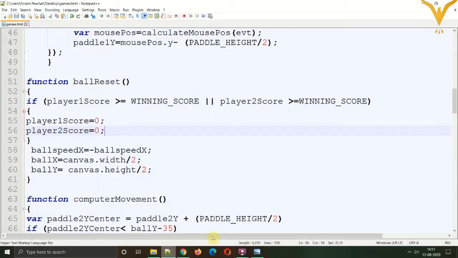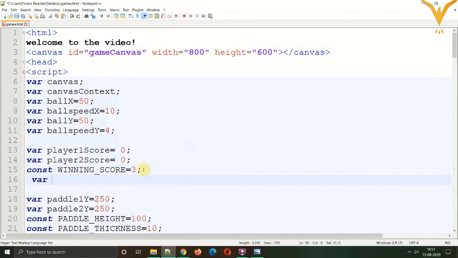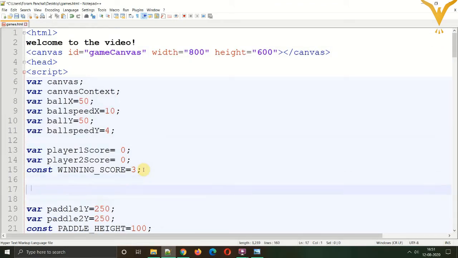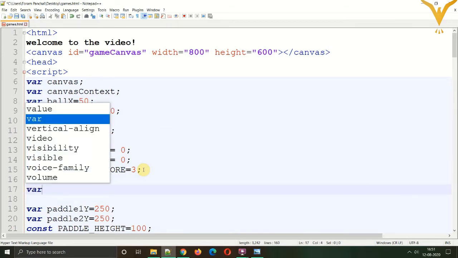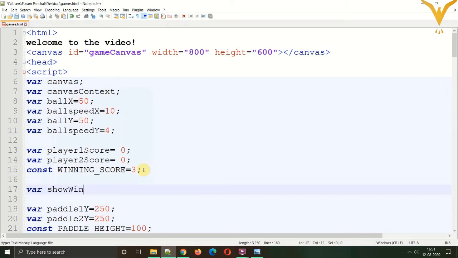Okay, so now what we want is to display a winning screen and an option to restart the game. For that, again we'll create one variable in the variable section. That variable will be show win screen. You can name it according to your wish.